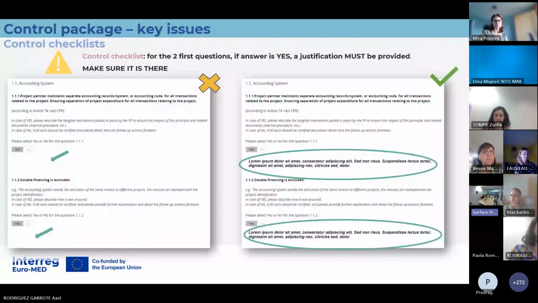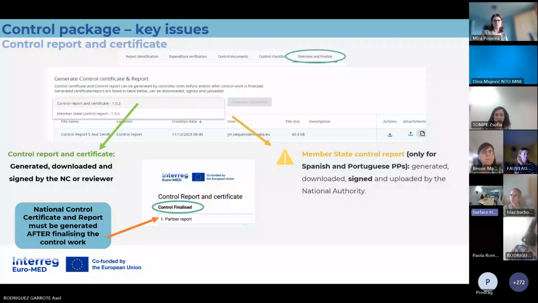Okay, thank you. And when the controller finalizes the checklists, there can be a various number of checklists, then the controller will finalize the control work and will issue the control report and certificate.